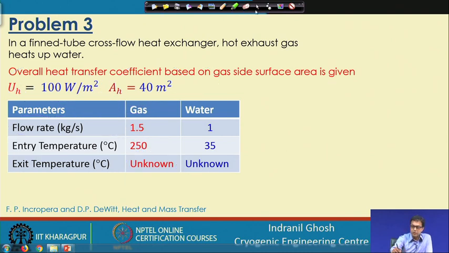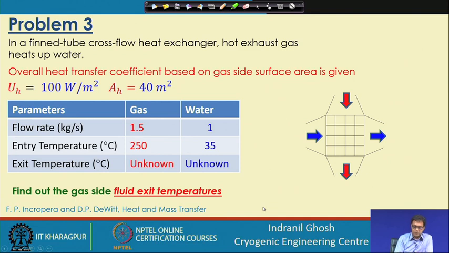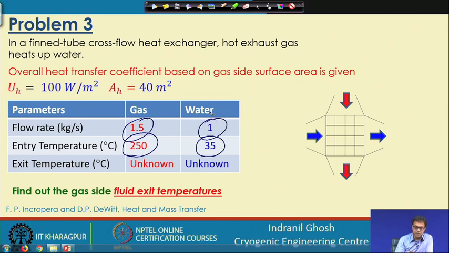Now, if we look, here as I told you, some of the parameters are already known to us. The entry temperature of both the fluid streams is known, and the mass flow rate of water is also known. The exit temperatures are not known, but we know the heat exchanger configuration and the overall heat